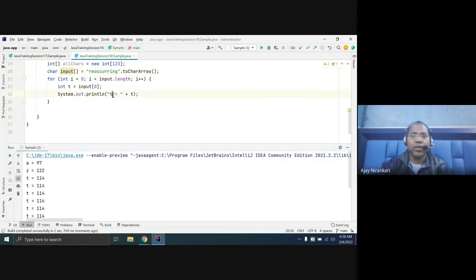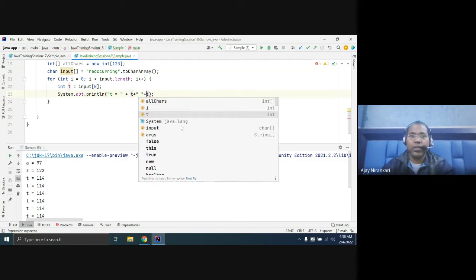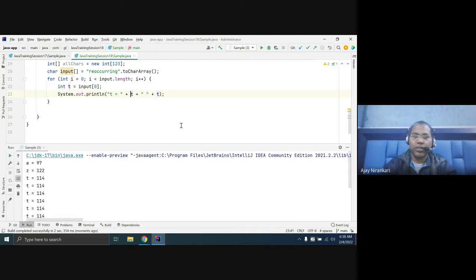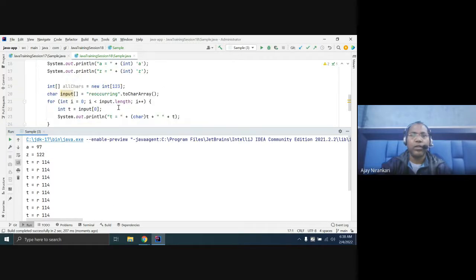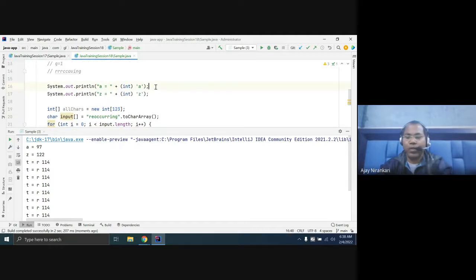Here let's print this and plus print T, and here you can say convert this to the char. Then this R has always 114. Just print I, and comment that out.